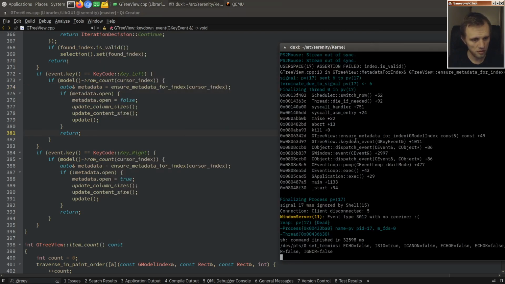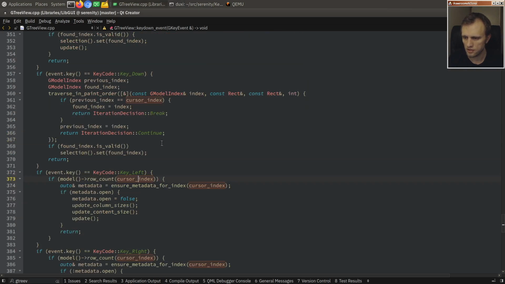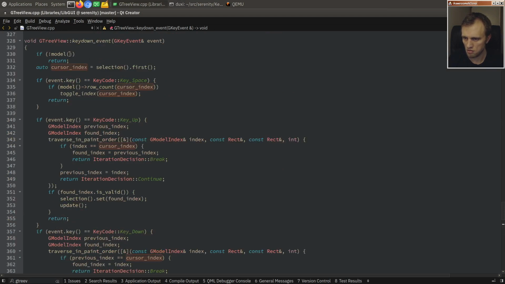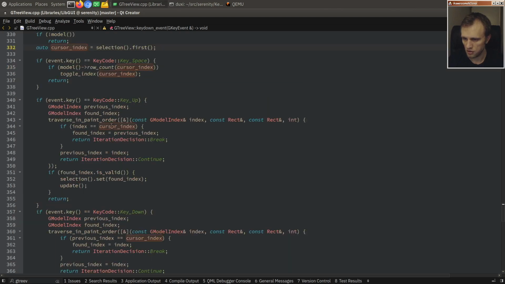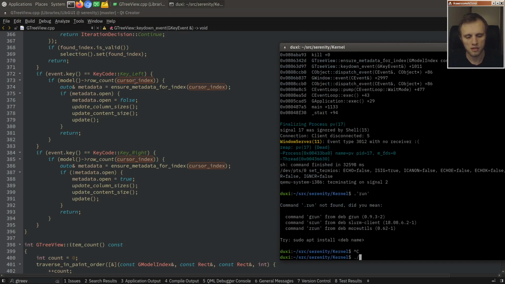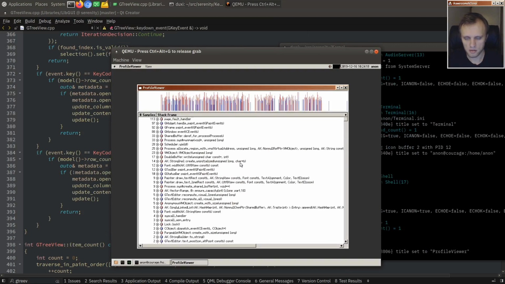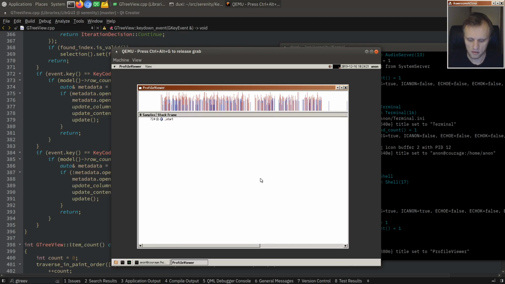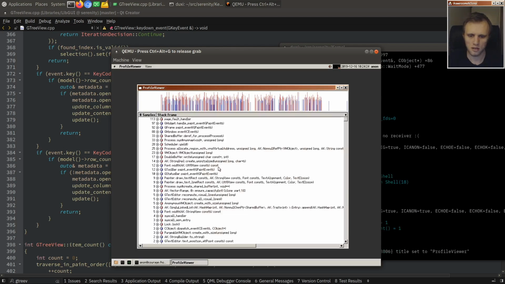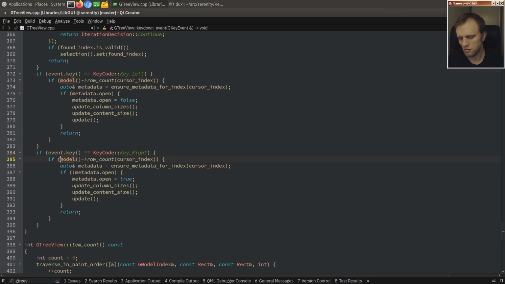So what was our call? Stack key down event, and then ensure metadata for index. So if the cursor index is invalid, then cursor index, we're just comparing it in these cases. And here, oh, so maybe it's always gonna crash on us if you press the left or right keys when you don't have a selected item. So left crashy and right crashy. All right, well that is easy. So we'll just say if cursor index is valid and